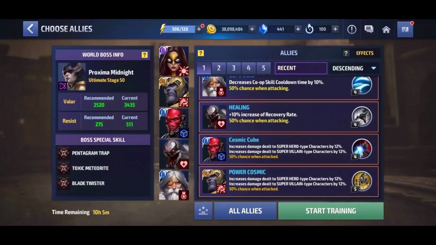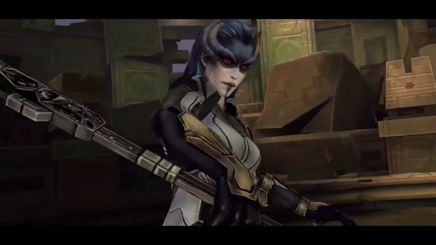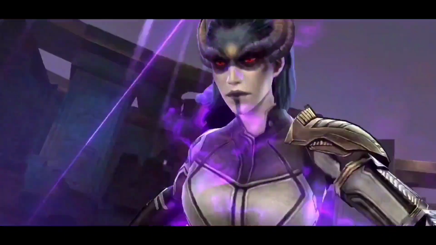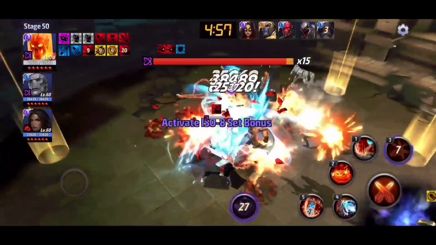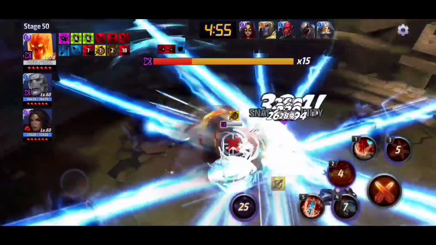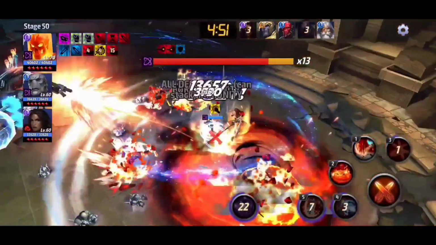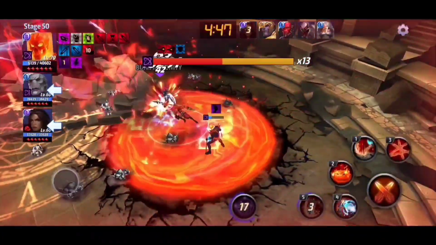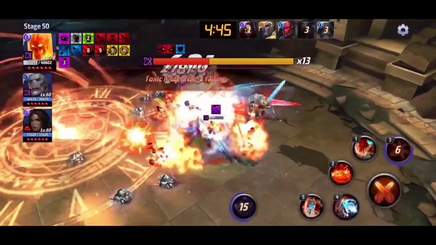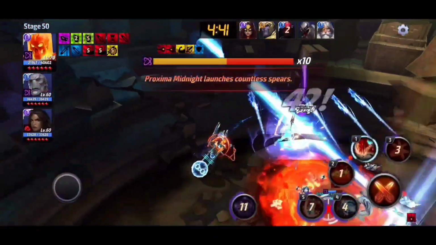So let's begin. So here we are at Proxima. We're going to start this off with 3 into 4. You don't want to cancel 3 because you want Punisher to take hits as often as he can, so that you can buff up to the maximum